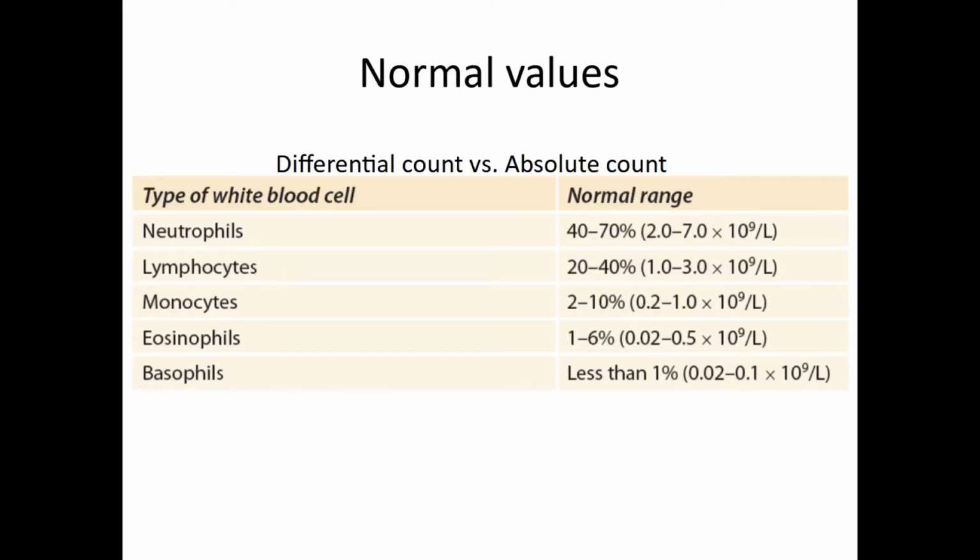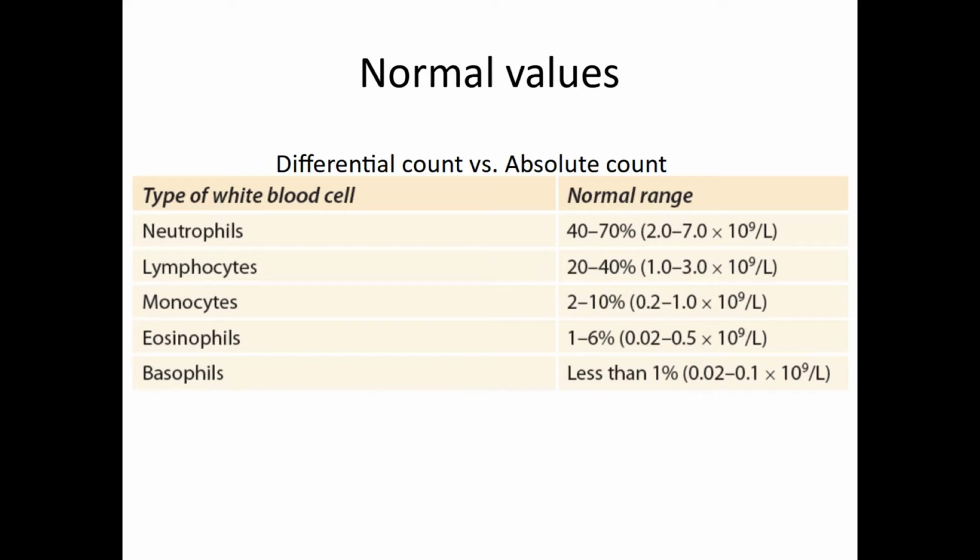Let us briefly look at the differential and absolute counts. The difference between differential and absolute count I have already told you. When we are discussing the quantitative changes in the WBCs, the count that matters to us more is the absolute count. If the differential count is abnormal and the absolute count is normal, then that WBC is not quantitatively abnormal. So if DC is high or low, but the absolute count is still normal, then the term we use is a relative increase or a relative decrease.